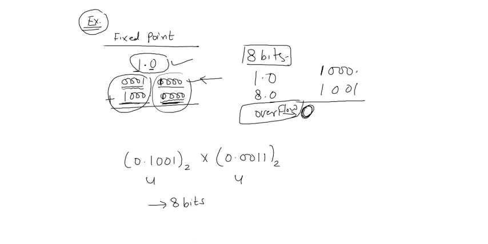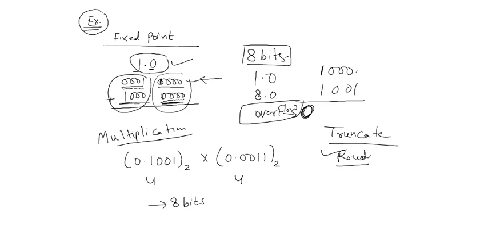So what are the two possibilities we were having? Either you truncate the extra bit, or you can just do the round off. In that case we have seen that there will be a truncation error or some round off error. Now when we do the multiplication in the case of fixed point,